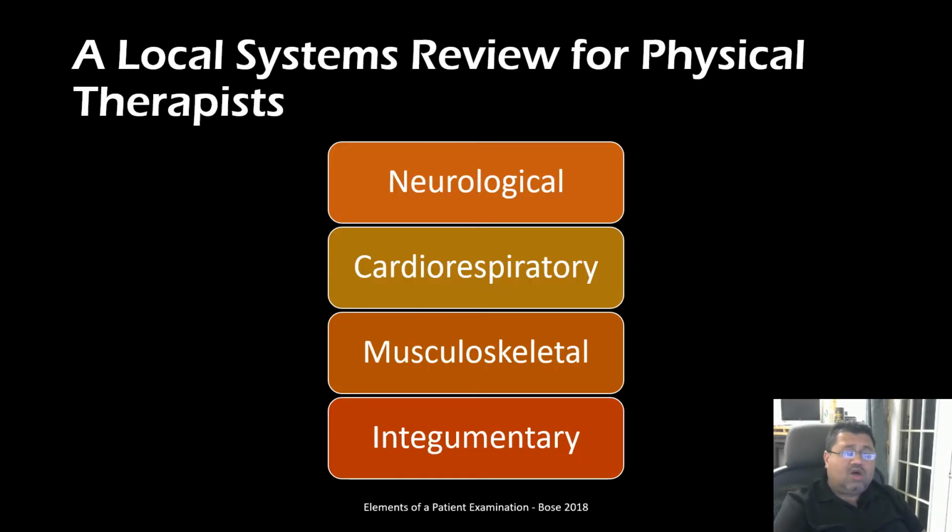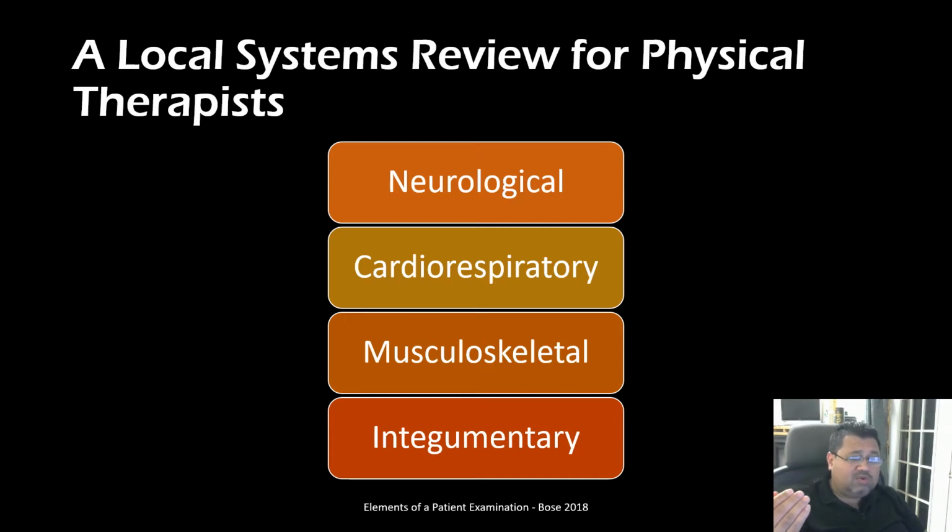It is not common for physical therapists to have to do all the systems review. It is definitely important to review them if it is already in the chart, but not often that a physical therapist will do a comprehensive review. As far as APTA is concerned, they want physical therapists to be able to do four systems really well. And these four systems are neurological system, the cardiorespiratory system, the musculoskeletal system, and the